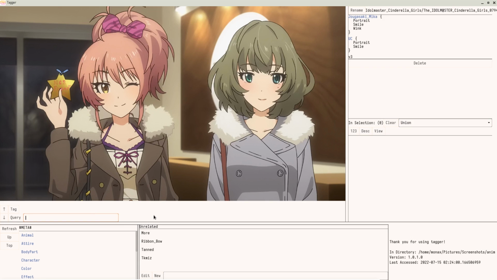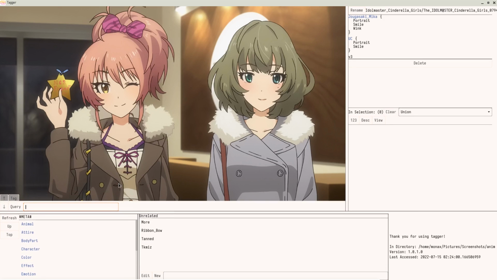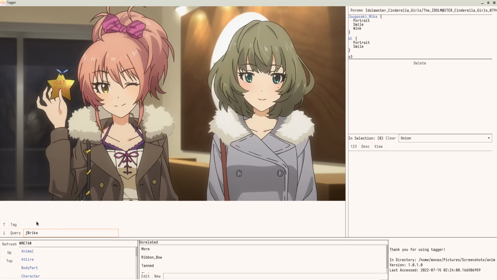So let's see, what did we start with? We started with Rika, didn't we? So we want to find, oops, let me spell that right, every file with Jogasaki Rika attached to it. We want to union that, and I'll talk about this after I've written everything out. And we have our parentheses here. Everything that has